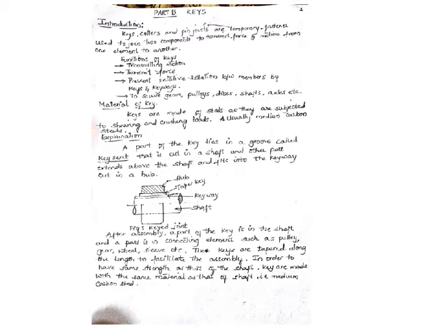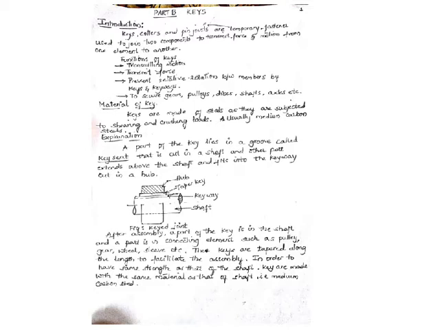Let us now discuss the different parts of a keyed joint and its explanation. The figure shows a keyed joint. In this keyed joint we see two main parts, one is the shaft and the other is the hub. A keyway is present in the shaft. The keyway helps in the proper alignment of the key. In the figure we have indicated that it is a taper key.